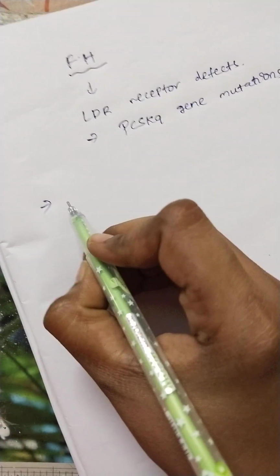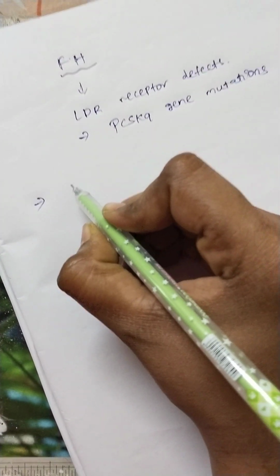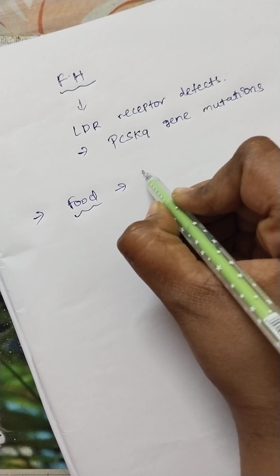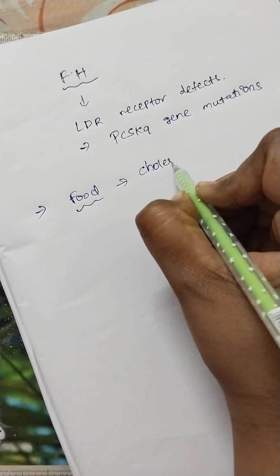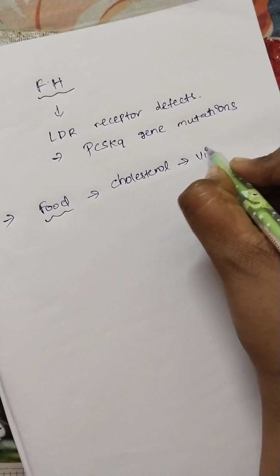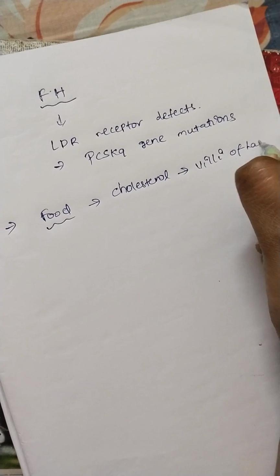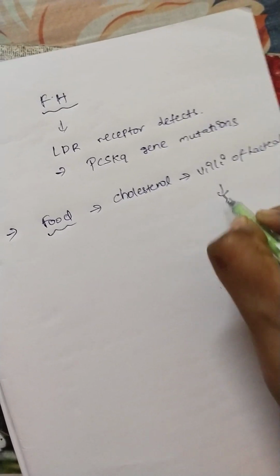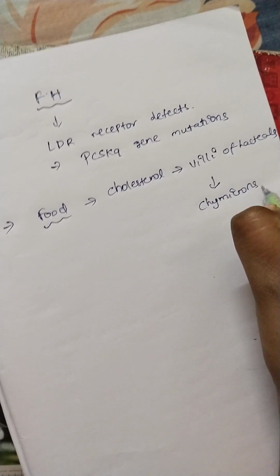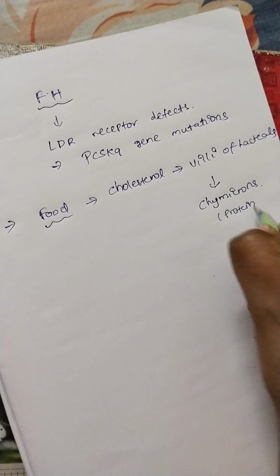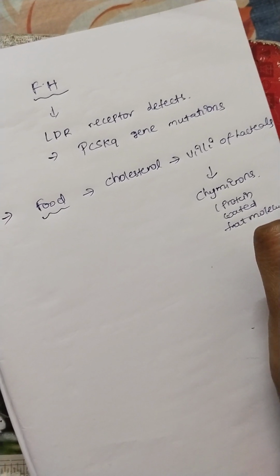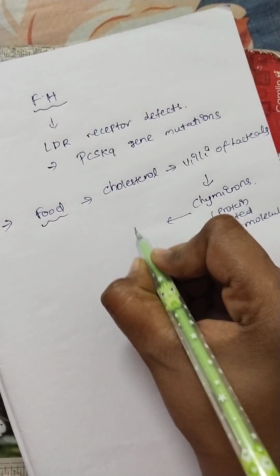So normally what will happen, we take food in which there is cholesterol present. This cholesterol in the villi of the lacteals is getting converted into chylomicrons. What are chylomicrons? Protein coated fat molecules. These chylomicrons enter into the liver